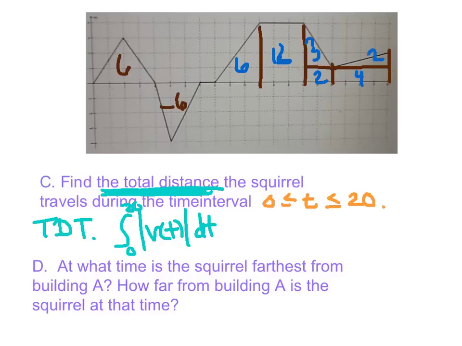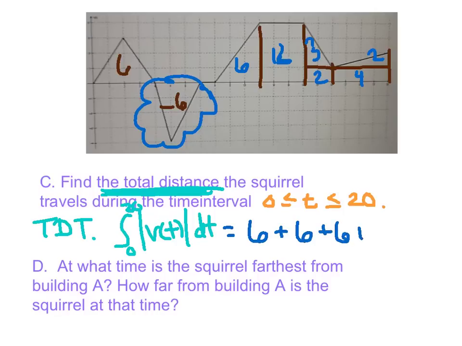All right, so my total distance traveled, just recall, I'm taking everybody's absolute value. So I'm going to start with 6, and I'm actually going to add to it this section. Again, I want its absolute value, so I'm going to add a positive 6, plus another 6, plus 12, plus, I'm going to squeeze these in, 3 plus 2, plus 2 plus 4. So I'm taking everybody's absolute value and making them positive. And hopefully you can double check my math there. I think that's 41. All right, I would consider those A through C so far pretty basic questions that hopefully everybody in the nation